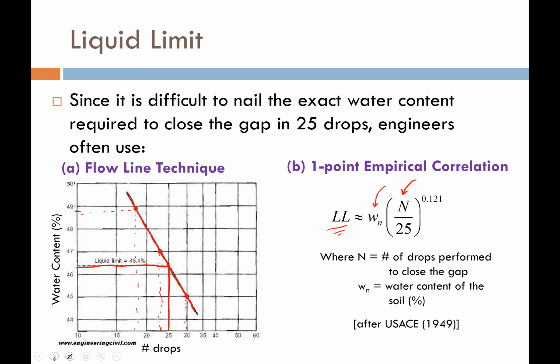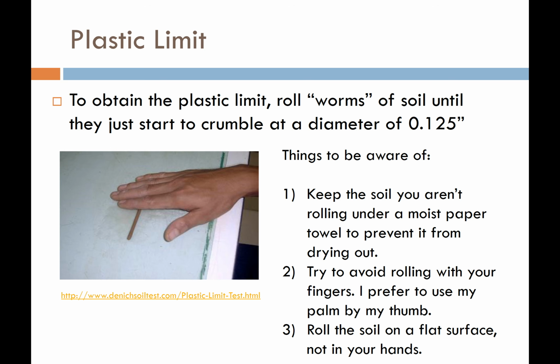So I don't know anybody who uses that equation in actual design. So talking about the plastic limit, to get the plastic limit, we're going to take little balls of the soil and we're going to play with them and roll them until the soil starts to feel like it's getting pretty stiff, to the point where it's not as plastic anymore and might be a semi-solid. At this point, we're going to start rolling little worms of about 1/8 inch diameter. And we know that when we roll, if we get it down to 1/8 inch diameter and the soil starts to just get a little cracky, a little flaky around the edges, then that means we're right at the plastic